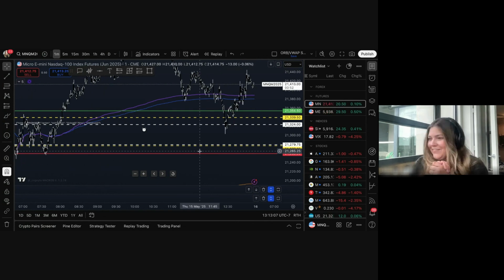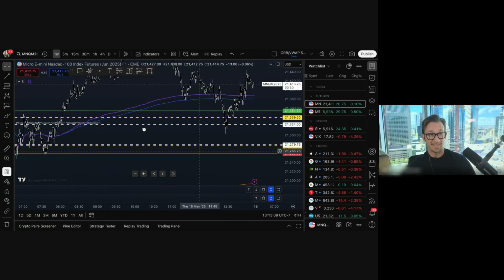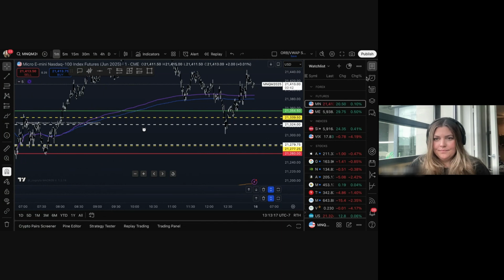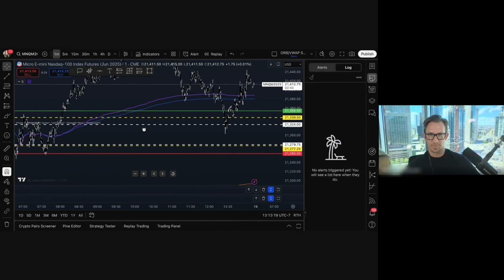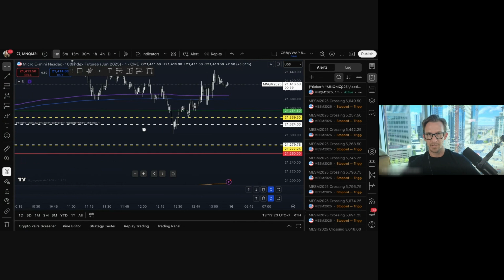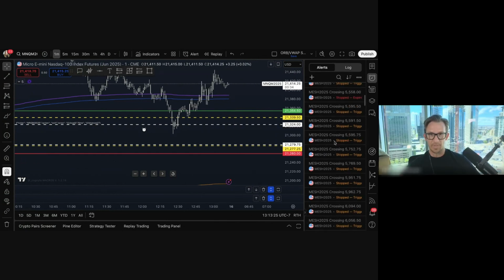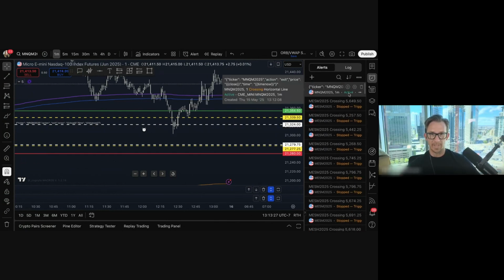Okay, so that's there, and that's live. You can see because the little alert icon is bright white. So if you go to your alerts tab on the right-hand side, you'll see the alert message. There you go. And there's an active one there now, and it's showing you what message is going to be